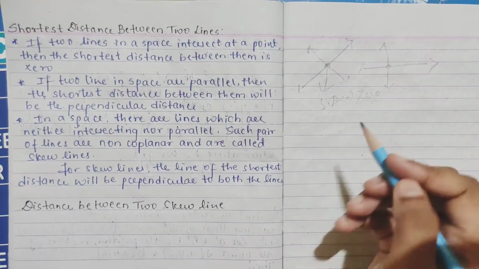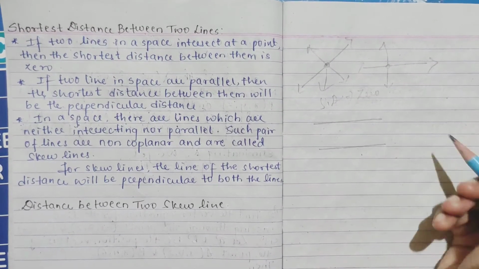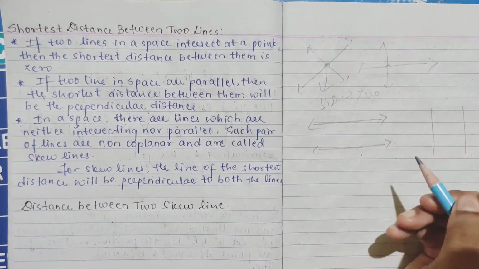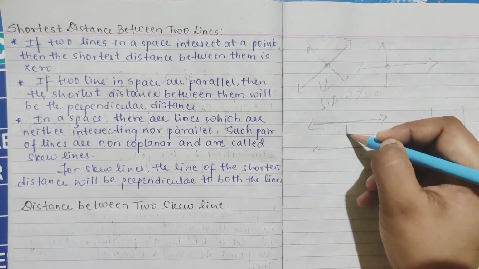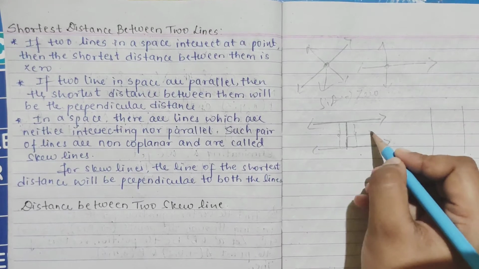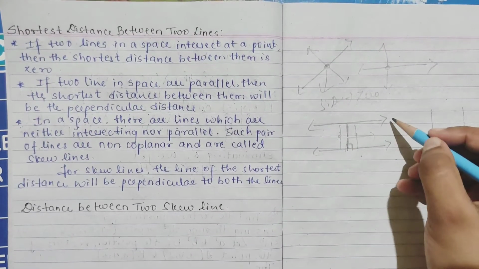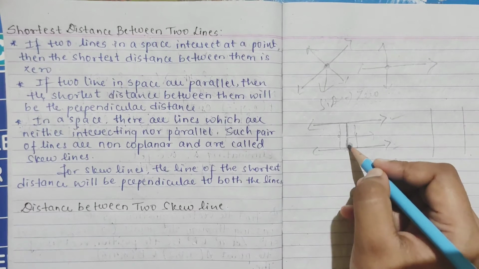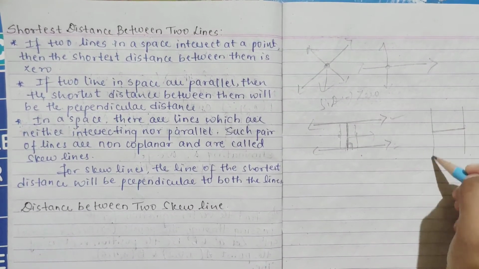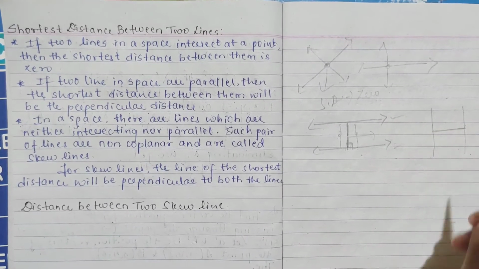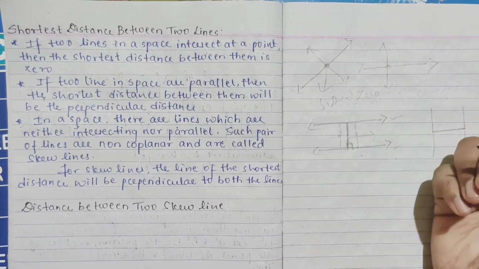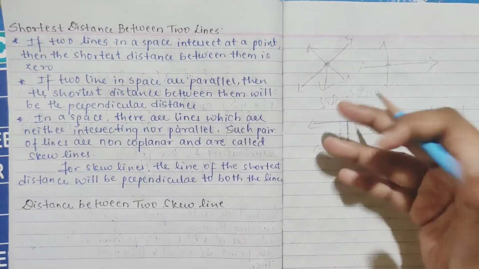Same if they are parallel. See, two lines, these are parallel, it can be like this. So when they are parallel, how do you find the distance? You consider this line to find the distance. This is obvious, a perpendicular you are getting, so the shortest distance between parallel lines is the perpendicular distance. This line is perpendicular to both lines. When they intersect, it will be 0. When they are parallel, you will get the perpendicular distance. Like this you have two cases.